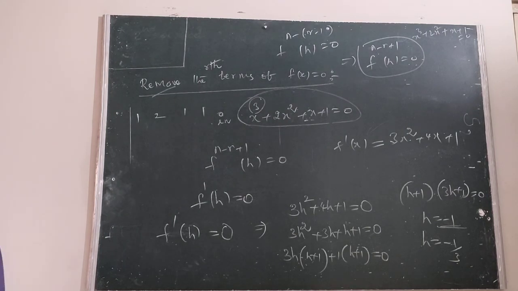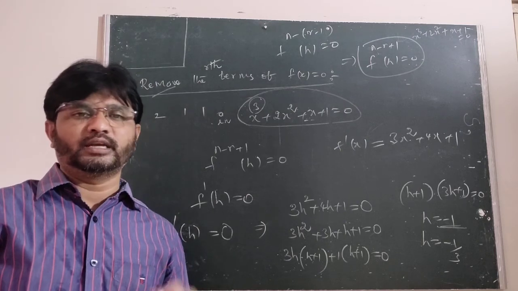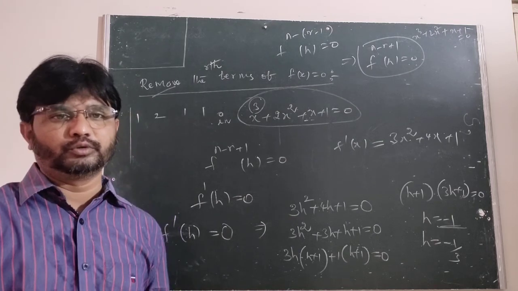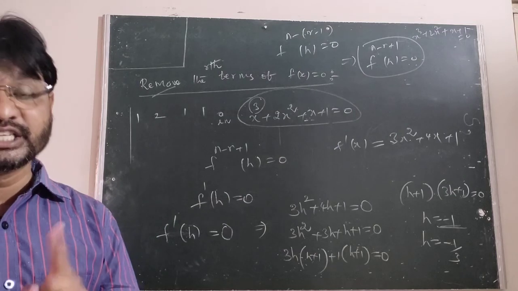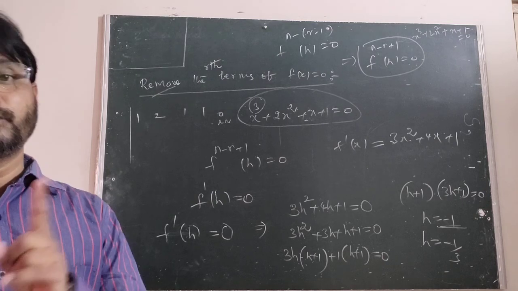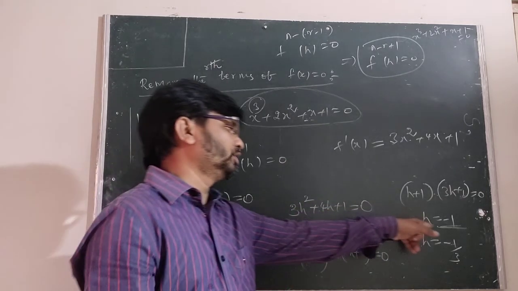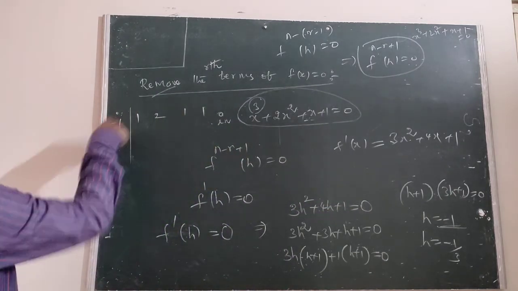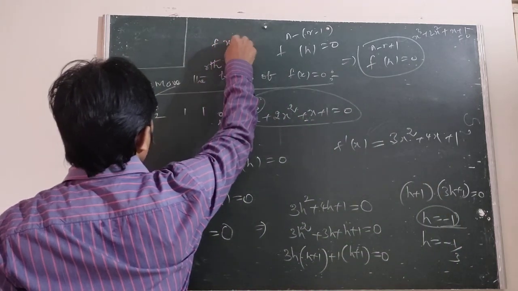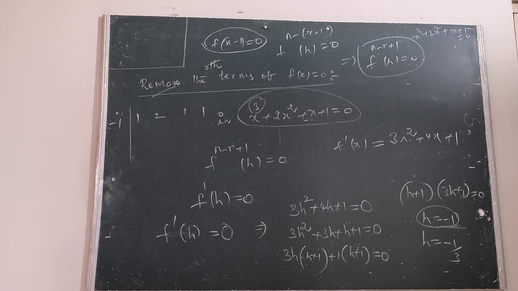When we can remove the rth term of the nth degree equation f of x equal to 0, then it can be written as f of x plus h equal to 0, where h is the constant such that f of n minus r plus 1 of h equal to 0. Therefore f of x plus h means the value of h we got, minus 1. Therefore you can write minus 1 here. That means our equation is x plus h, meaning x minus 1 equal to 0. This is our required answer, f of x minus 1 equal to 0.